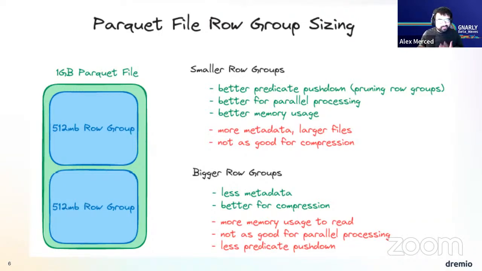So if I'm not going to prune any of those row groups, then I prefer there to be bigger row groups, so that way I'm having to filter through less metadata. So it just comes down to what your query patterns are. And a lot of this is going to come down to, hey, how do I query my data? So if I'm frequently pruning the data on very well-defined columns, then having more row groups can be very helpful.